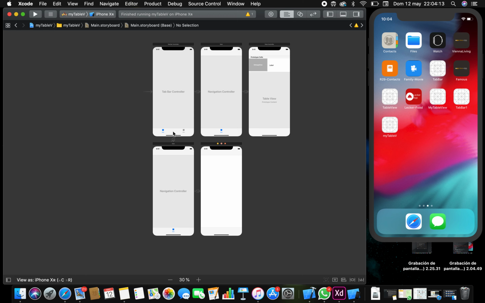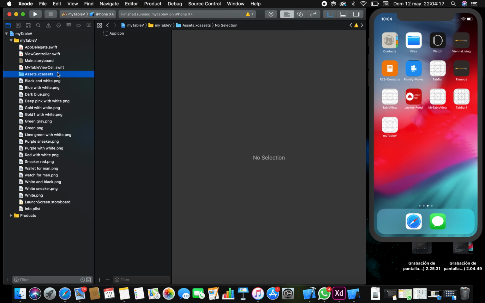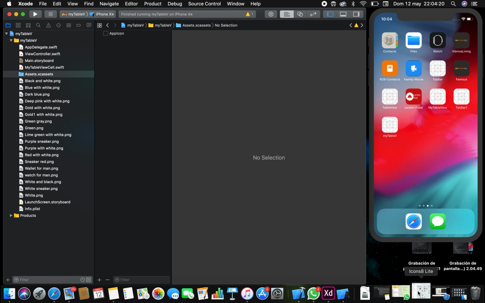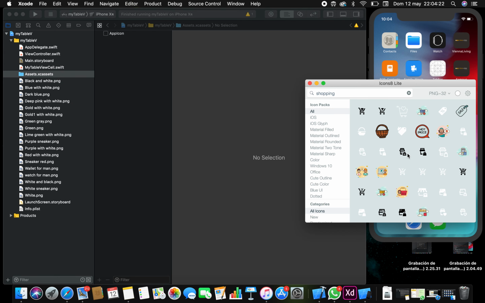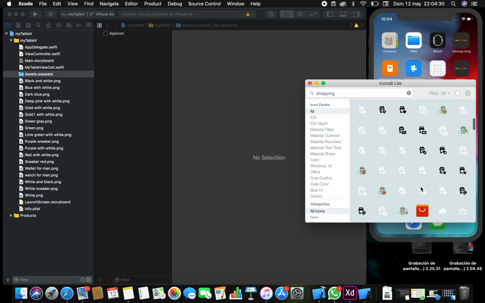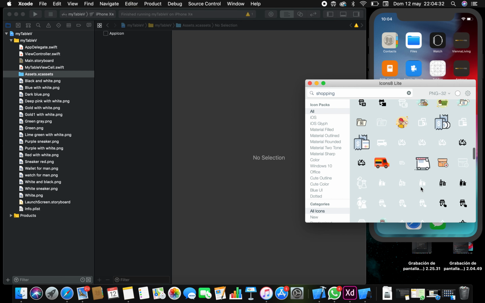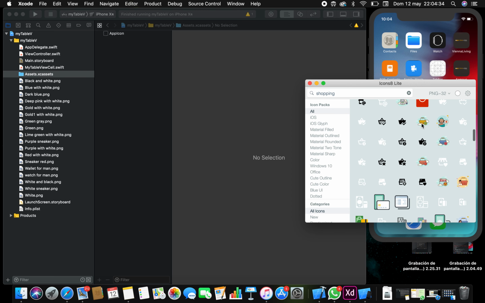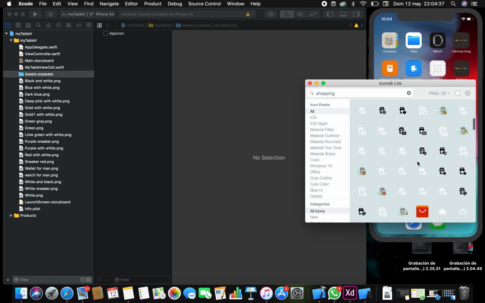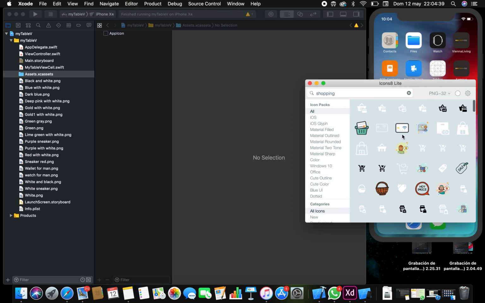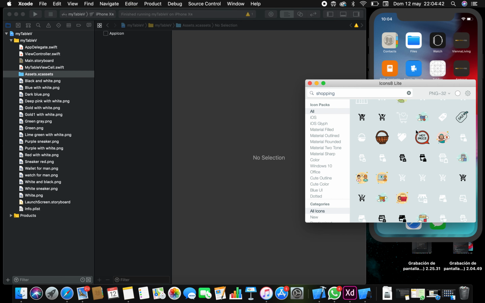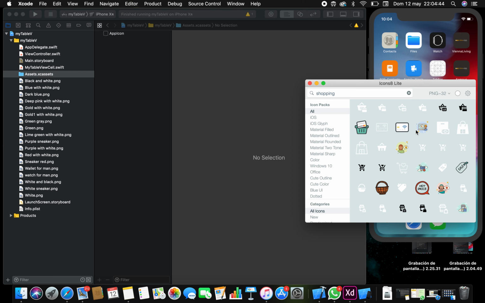Okay, so here the first icon, we have to open assets, and we will add our icon. For example, here shop, which one can I take? Let me see. Yes, in the icon. If you want to, here this is a good